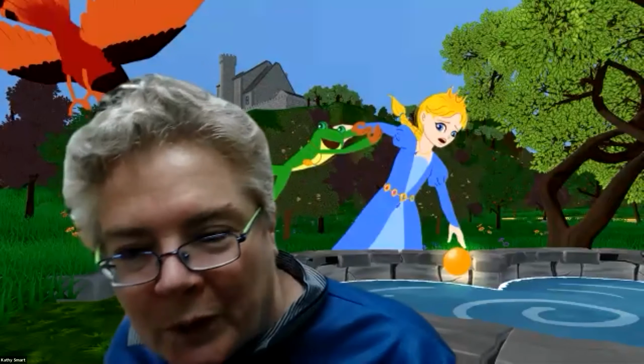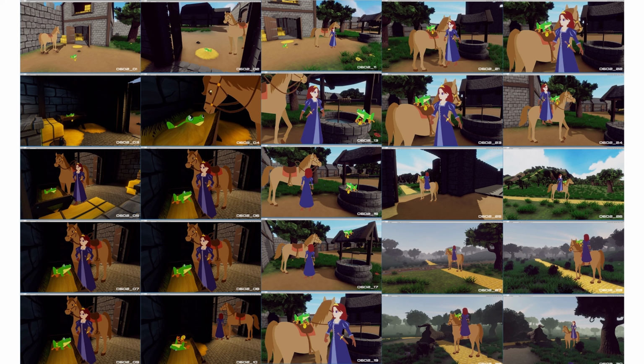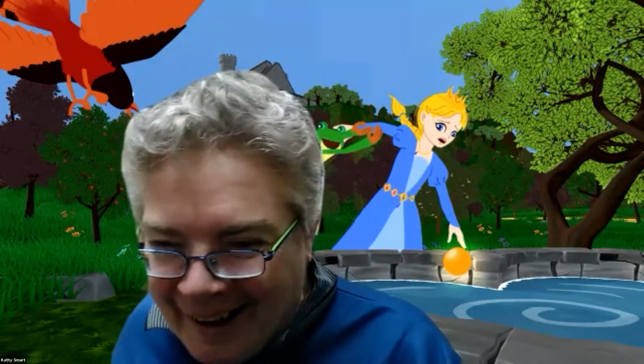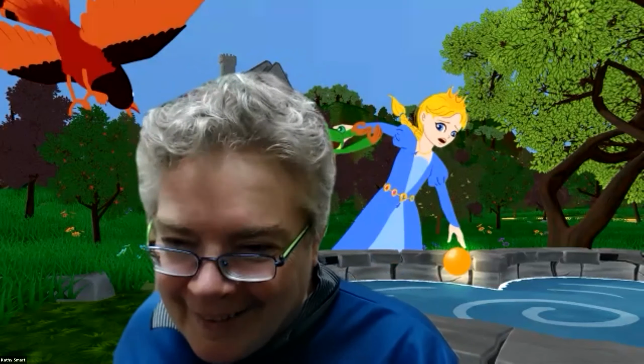So working on Frog's Princess was extremely quick. I think I only worked on it for, what did we end up, 10 weeks? It was 12 in total, but you were doing storyboards. It wasn't all art. I think we only did art for 4 weeks. So that was one of the most joyous but stressful and exhausting projects I've ever worked on,